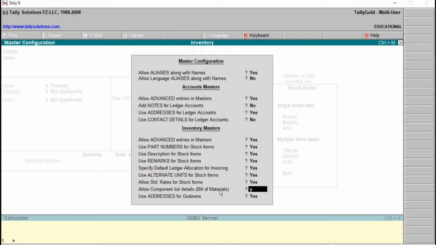Bill of materials is a list of items along with quantity details that can be allotted for the manufacture of a certain product. This provides immediate reduction in stock of the item automatically, right? Default is no, we can make here yes, but practically we are not going to see about this one.